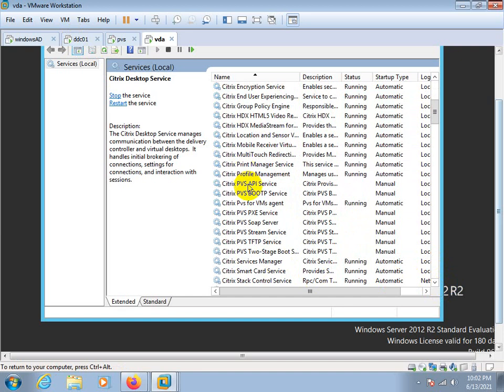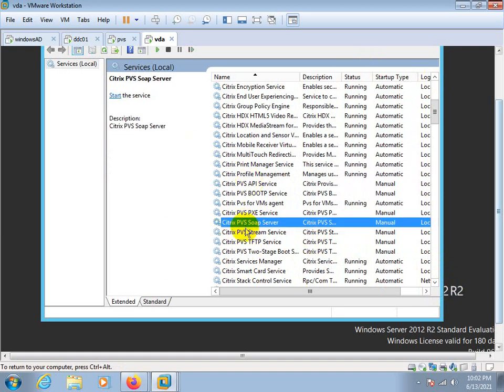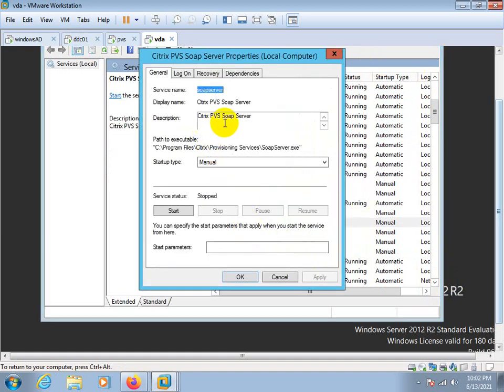And you can see PVS, PXE boot, other services are here because PVS is already installed in the server. So the main service of PVS is the PVS SOAP service. This one is the PVS SOAP service, Citrix PVS SOAP.